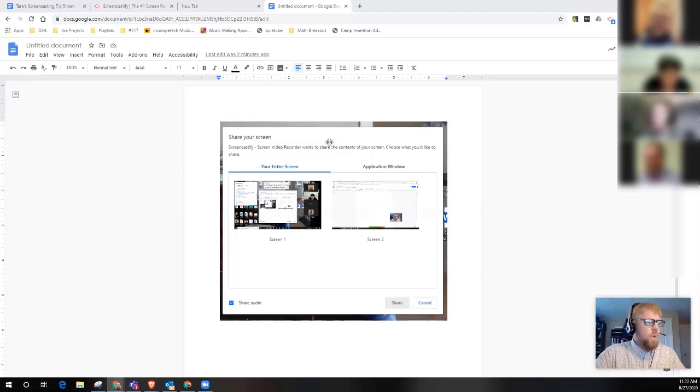So, okay, this is what I'm seeing. Now you get to pick what it is you are looking at. I get this two-screen deal because I've got two monitors. I've got my monitor here, that's my laptop, and then I've got a monitor over there, that's my external monitor, okay? So you get to pick what you're going to choose. Now I would choose this screen here, screen 2, okay? When I click on that, it highlights a little blue border around it. And then when I click share, I'm live, okay? I'm live.